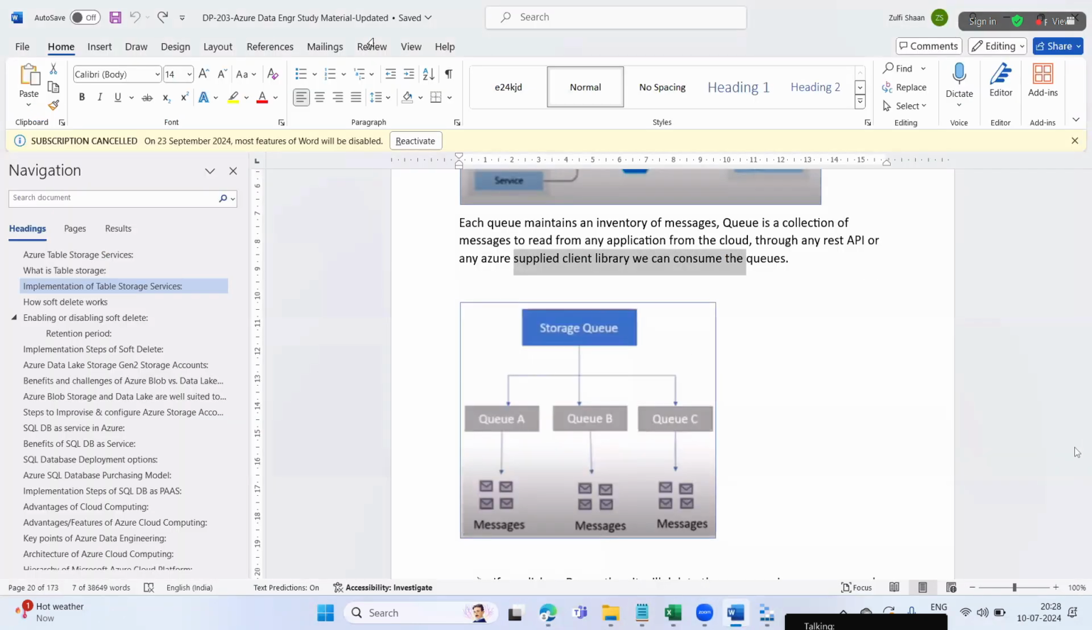So yeah, this is the queue. This is the queue I have created. This is the queue storage. This is the queue, and these are the messages. This is the queue storage